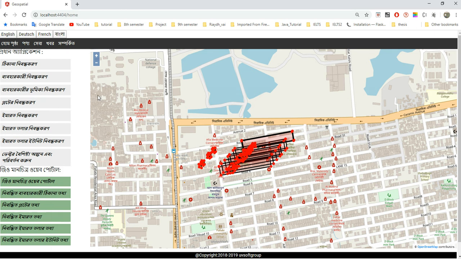As I said in the last screencast, I already described how you can support multi-language support in your applications. You see the